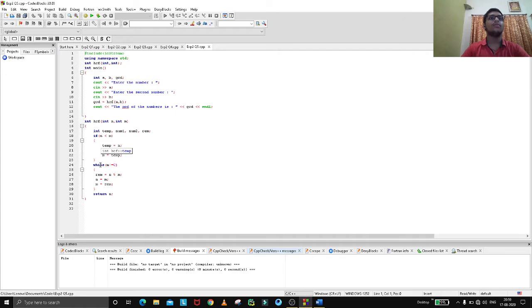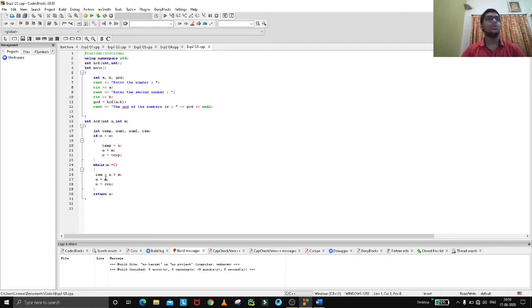So now for the while condition, m not equal to 0, then remainder will be n % m, n equal to m, m equal to remainder. So what is this? Basically remainder will be n % m. So it will give the remainder part to rem.